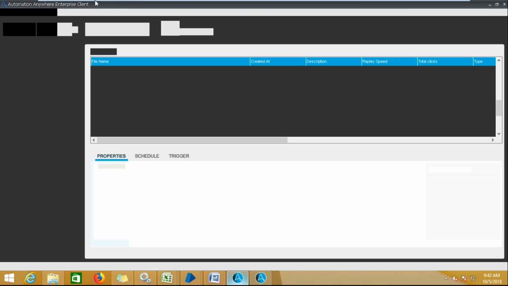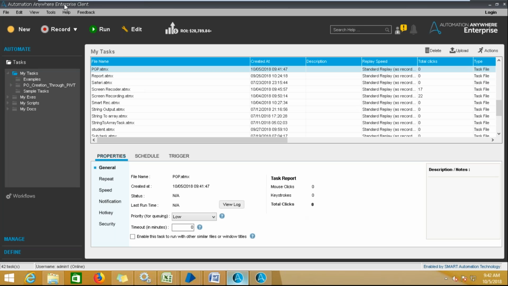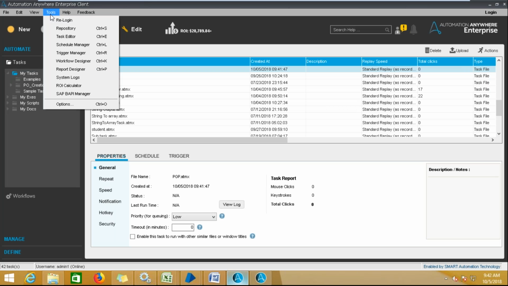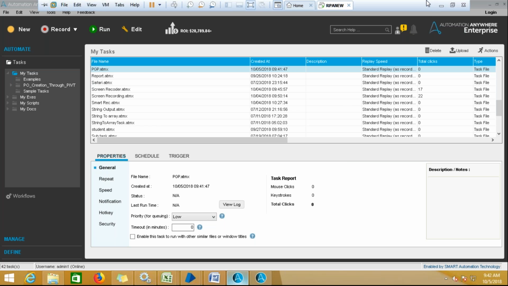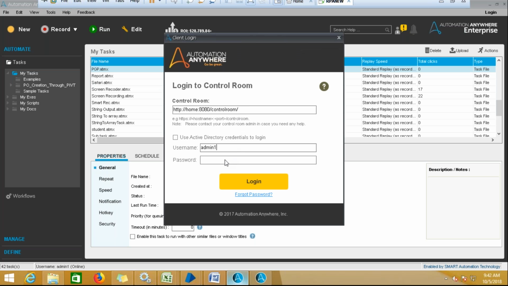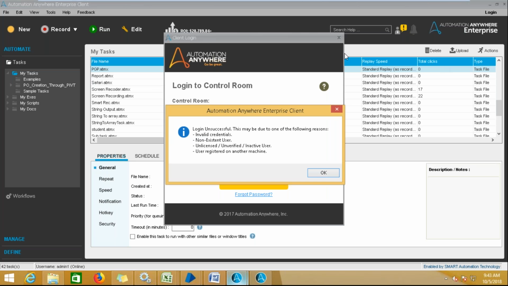We need to relog, this connection is disconnected. Wait, let it load. The moment I go here, tool, the option is relogin. Click on this, and I need to enter the ID and password. Okay, not accepting. Fine, no problem.